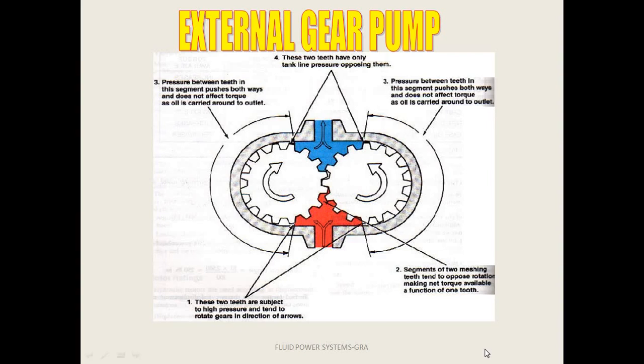First reason is as the fluid flows through this restricted passage, it will be getting compressed, right? And that is the reason its pressure is going to increase. And in the second case, as the volume decreases, pressure will increase, and this high pressure fluid will be sent out to the outlet port.